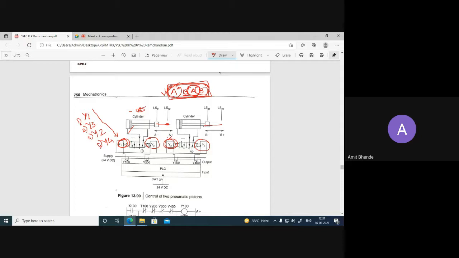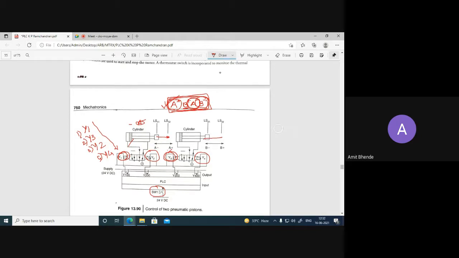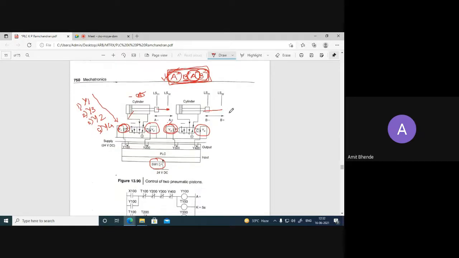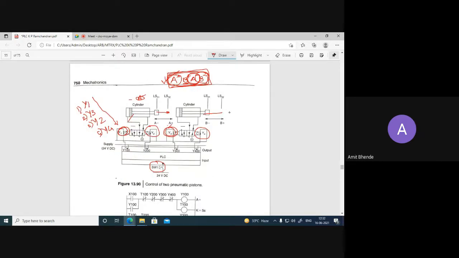But Y1 will be energized when switch 1 is pressed. So we can start drawing the diagram over here. We try to develop a diagram, then we'll see the actual solution.